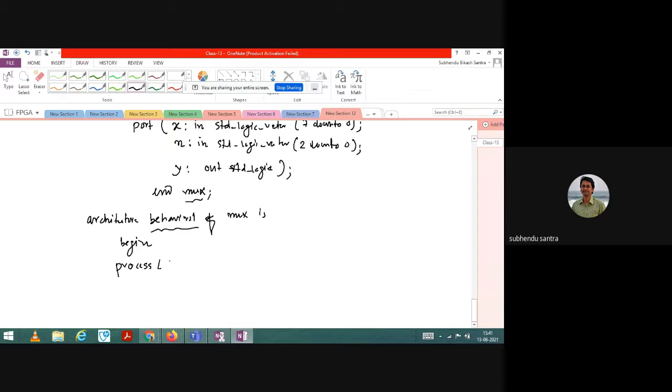See, I do not want to use the if-else structure. I only want to use the case structure. And for that there is no need to take n here. The selection line I will provide, based on each case, the value I give. So in the process only I will process x, the input, and then I will write the begin.